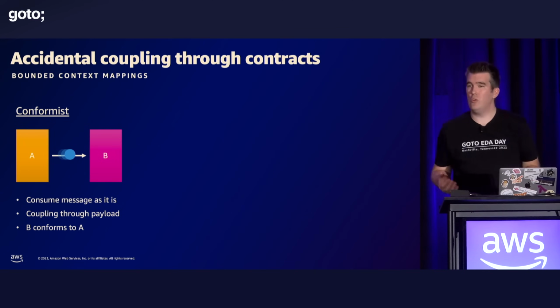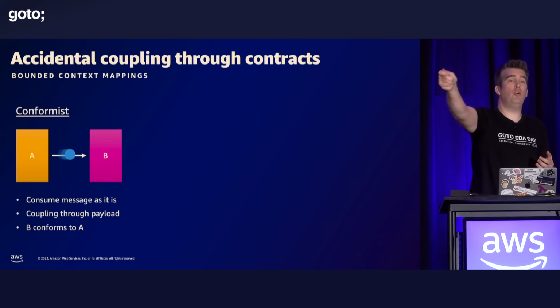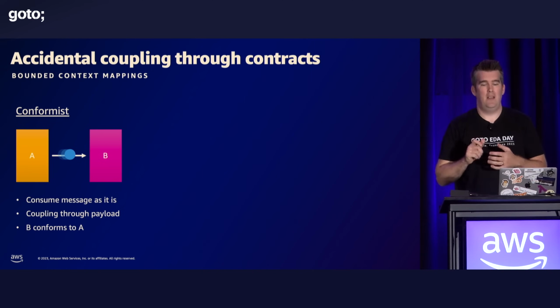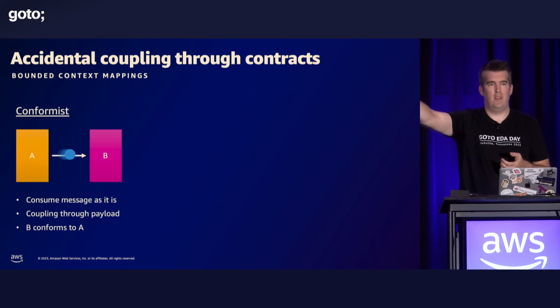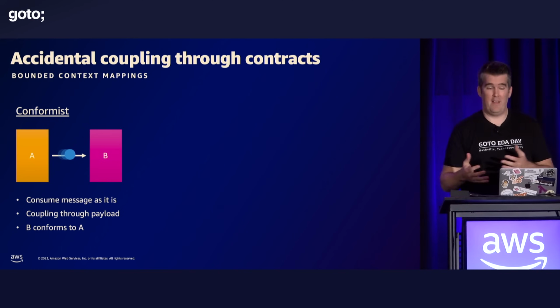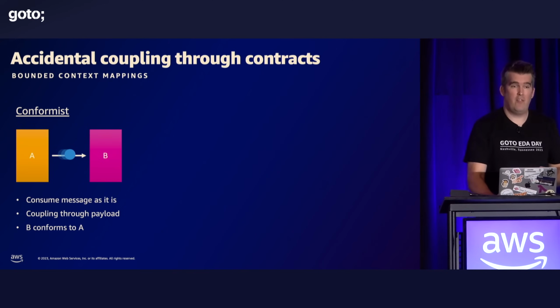Or even inside your organization, in the orders domain and the fulfillment domain, if we take the orders event as it is, and we decide to do something with this model, we are coupled by the contract of this model. And this is the default way of thinking about it. This is the default behavior of event-driven systems.